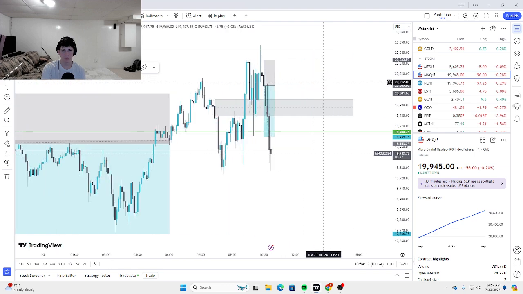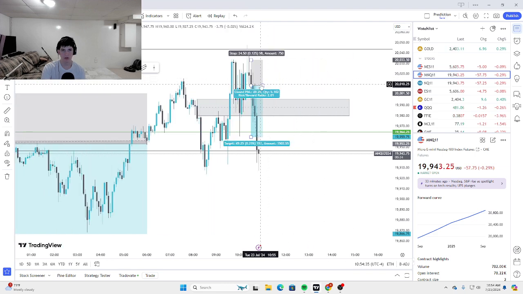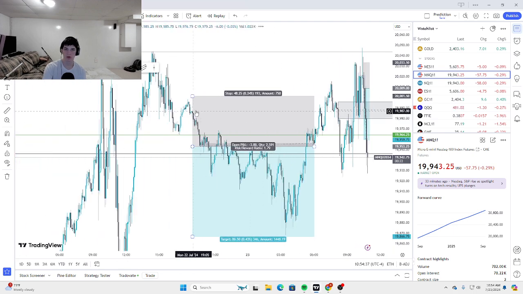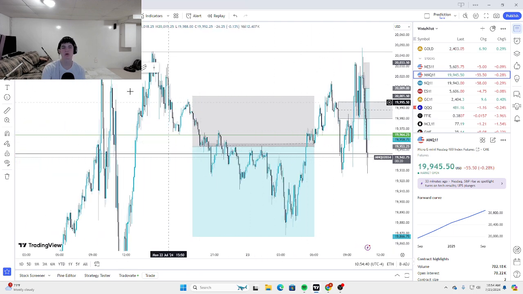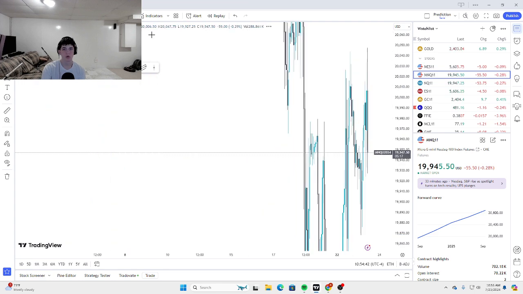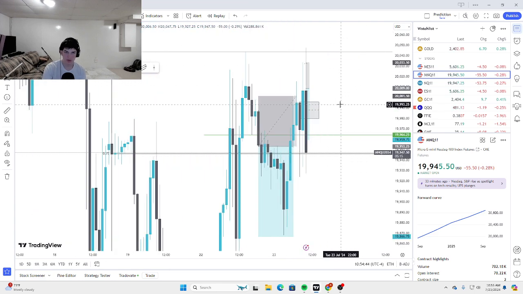Wait, why is this here? I don't know. Guess I just marked it on mini. Okay, bro, this trade, bro. I'm really sad. I'm not like okay. I'm pretty disappointed, but